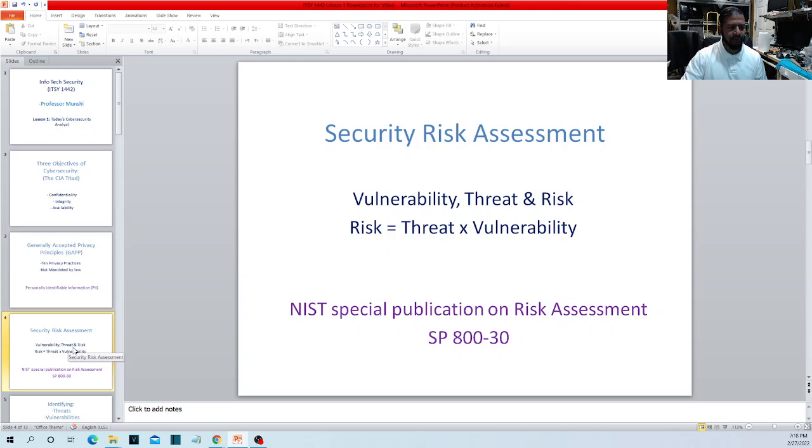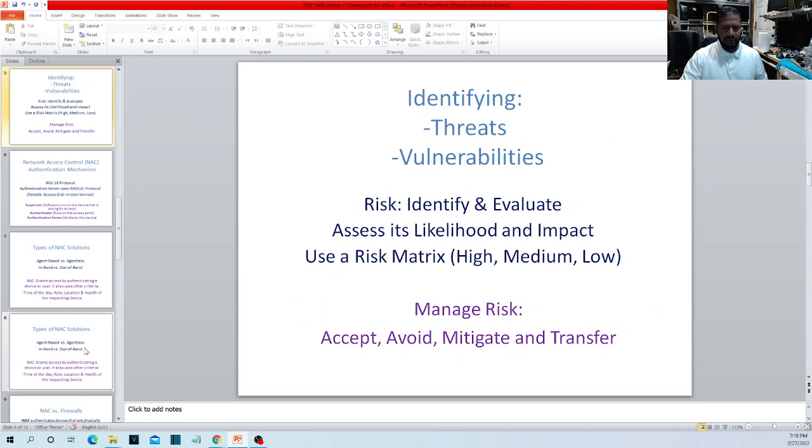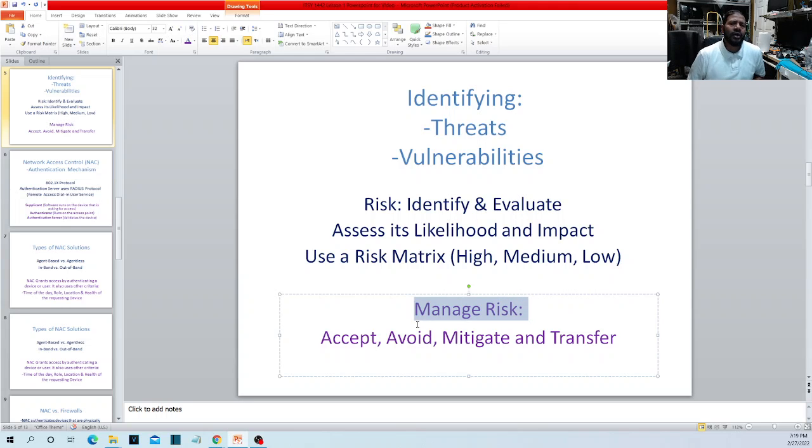Okay, so now let's talk about that. We talked about the risk matrix. We just talked about that. Now, how to manage the risk? Let's talk about that a little bit. What do you do once you identify that there are some risks? What are you going to do with those risks? Are you going to take the risk? Are you going to close that particular project that's too risky? Are you going to buy insurance about that risk? So there are four ways to handle a risk.